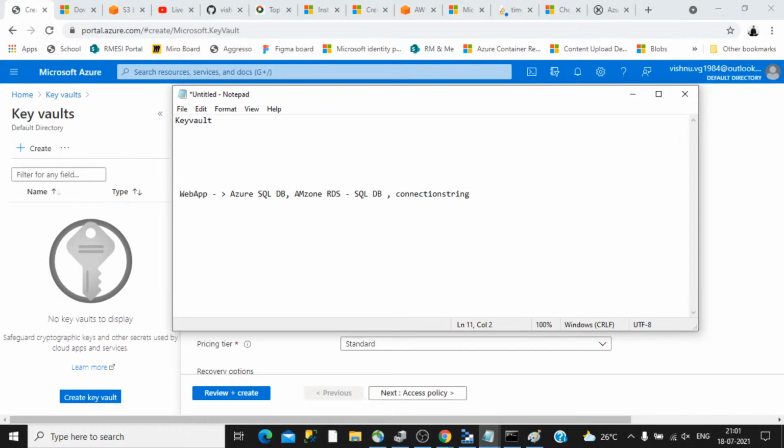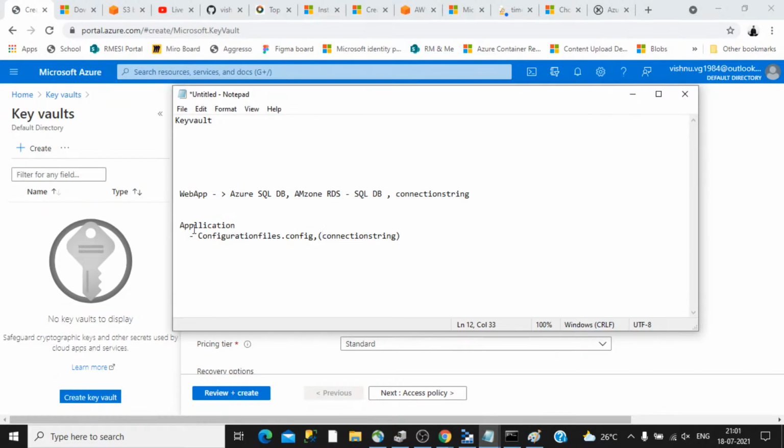In the traditional development model, the problem usually happens like this: with your application, you have a configuration file which stores all these values, like the connection string and everything. We will be storing this in the application's configuration file, which can be a text file, and inside that we will have the connection string.